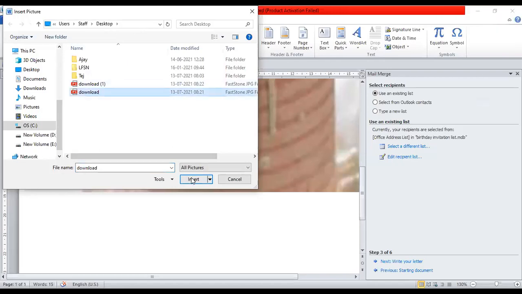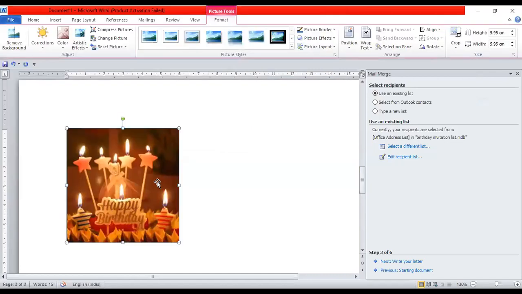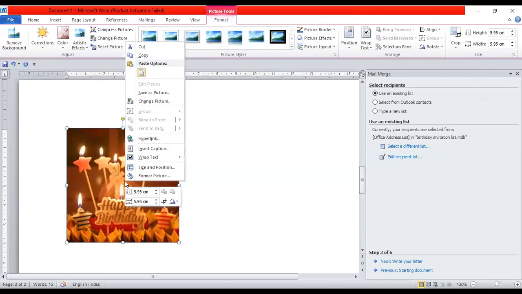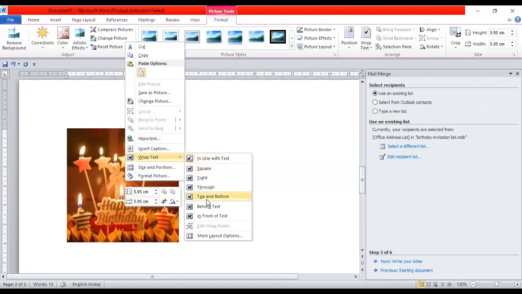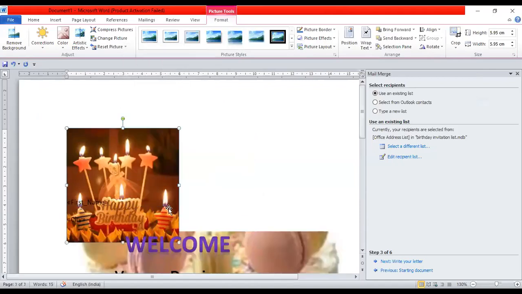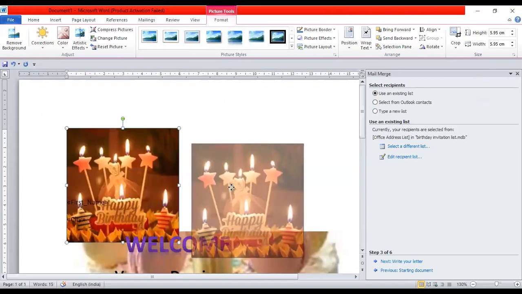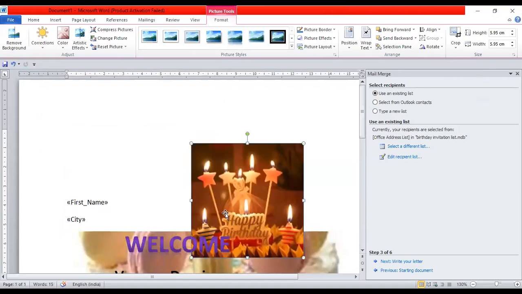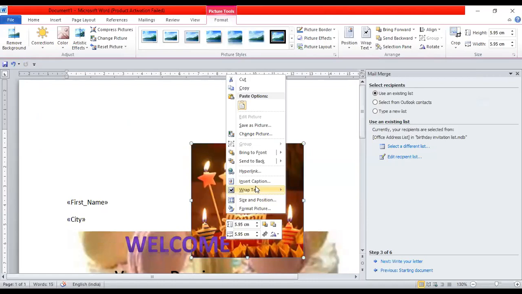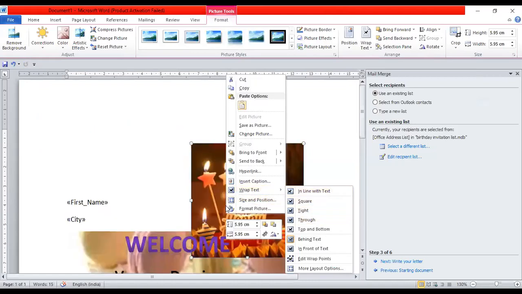Just suppose this one I'm taking. So it is inserted. Now when the picture is inserted, right click on it, wrap text, behind the text. So now wherever it is, it will be behind the text. Fine?